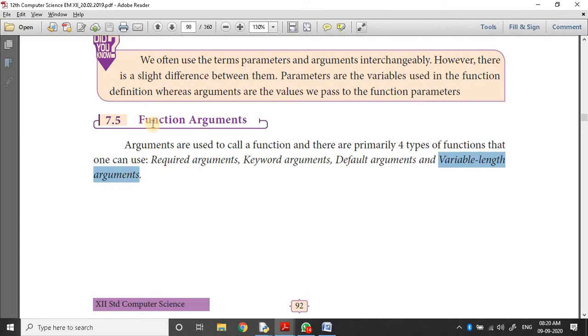What are the types of function arguments? This is a 2 or 3 mark question. Each one is a separate 3 mark question: explain required argument, explain keyword argument, explain default argument, explain variable argument. But explain function argument types is a 5 mark question.